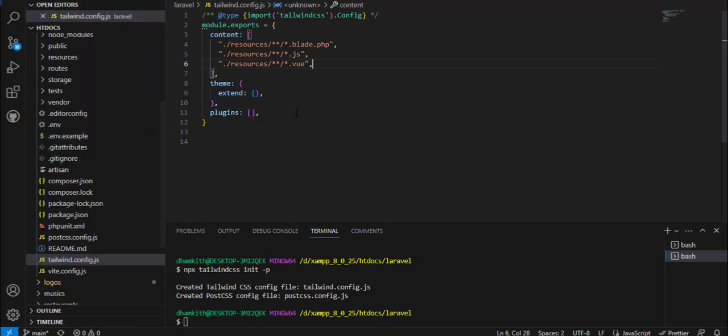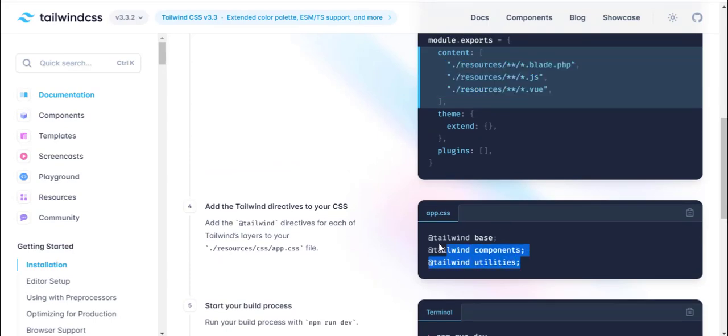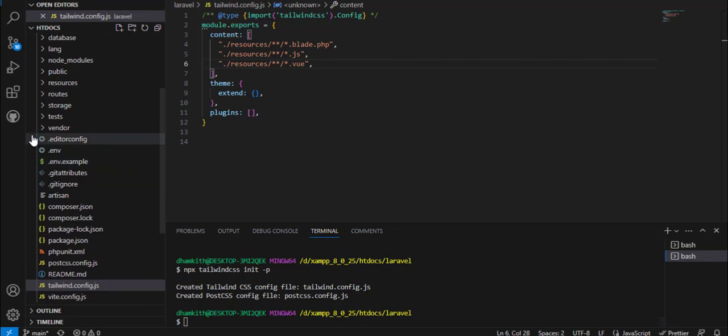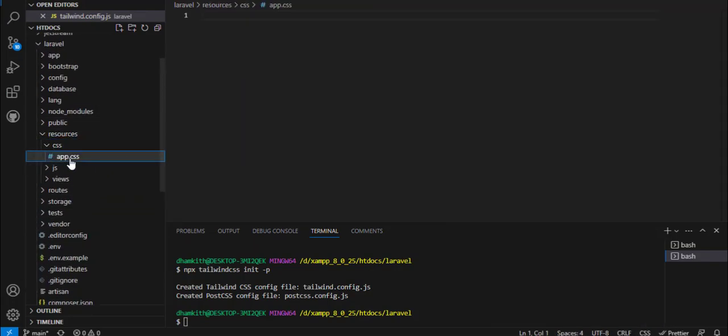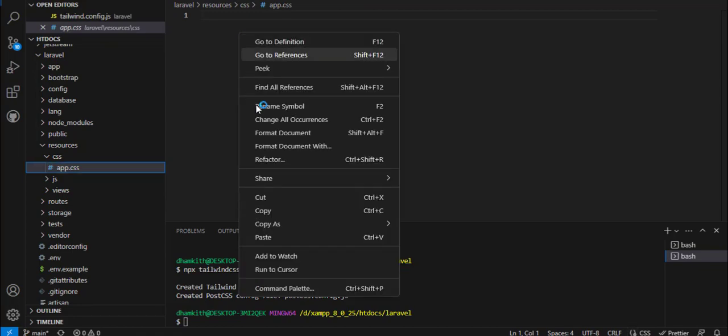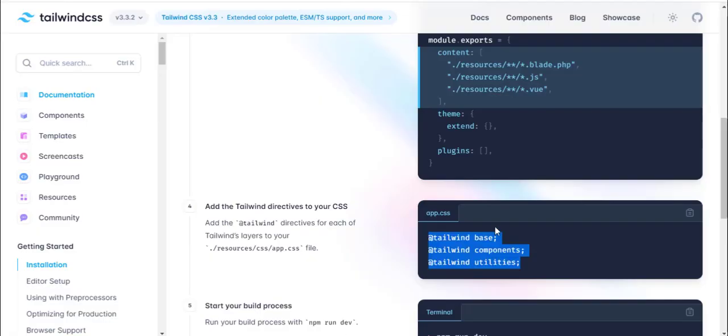The next step is to add the Tailwind directives to CSS. Copying this code, go to the resources directory, the CSS directory, and open the file named app. Paste it in and save the file. To start the build process,